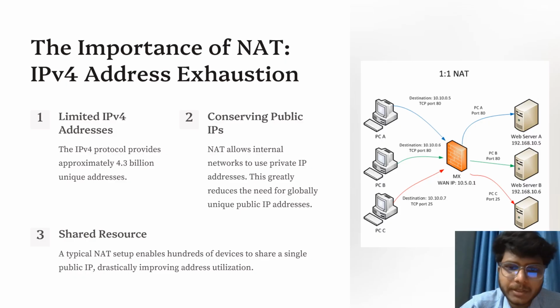Let's take a real life example. Think of IPv4 as license plates in a country. If each car requires a unique license plate, which we can refer to as a public IP, we will run out of plates. Instead, NAT allows multiple cars in a company fleet, called a private network, to share a single registration plate while internally using different IDs. On to the next